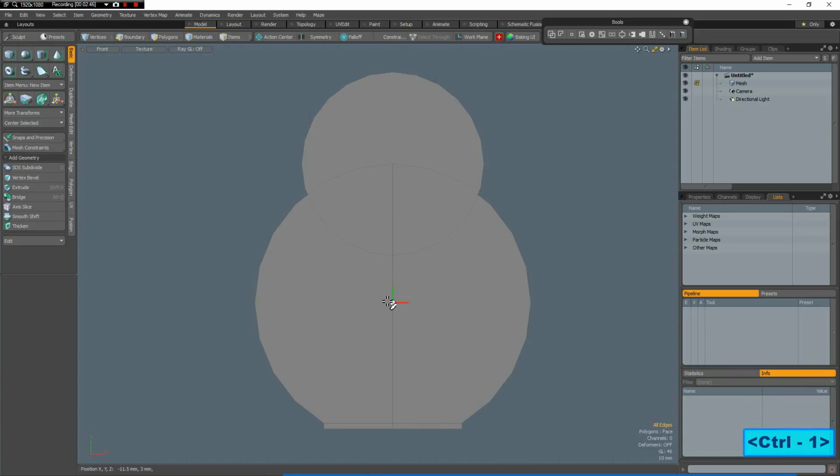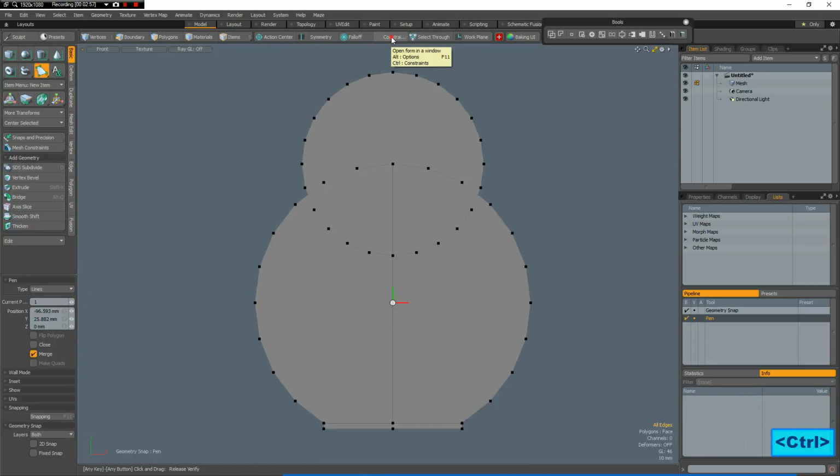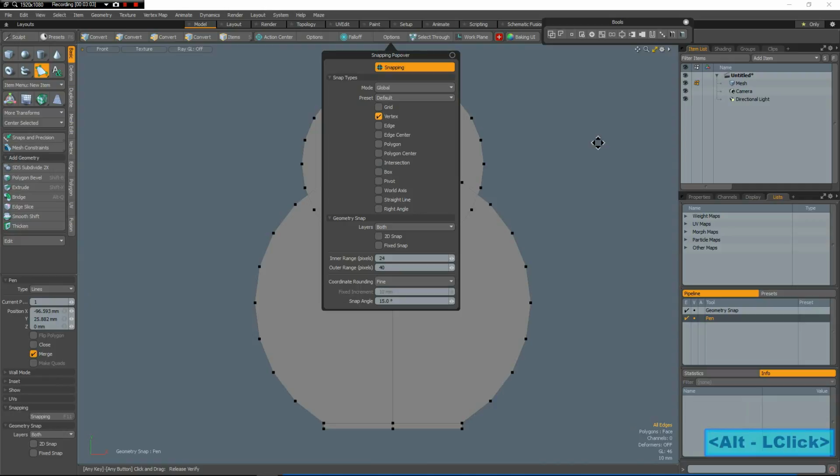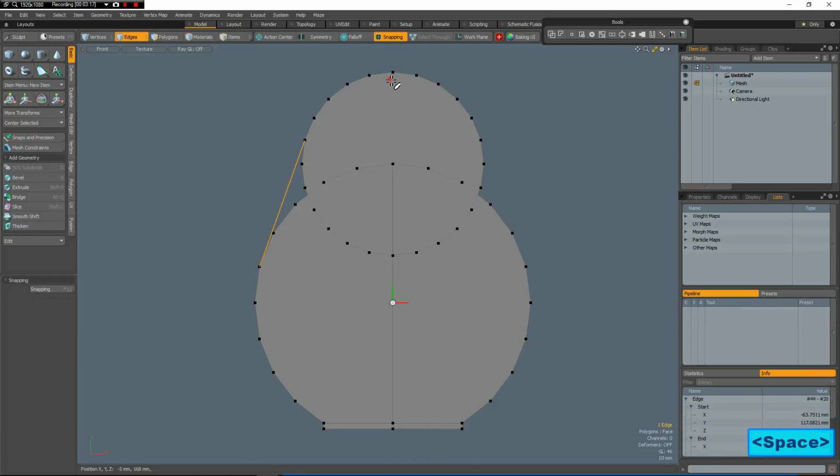No, not the grid, the vertices, like so. Then I use the pen tool in lines mode, activate snapping, make sure we have snap to vertex active, yes. So I make a line from here to here, yes. Then I can select these edges, up arrow key, shift click on this one, up arrow key, and then